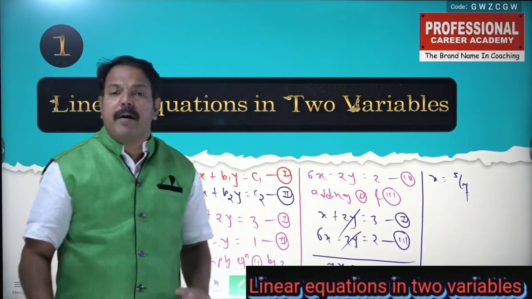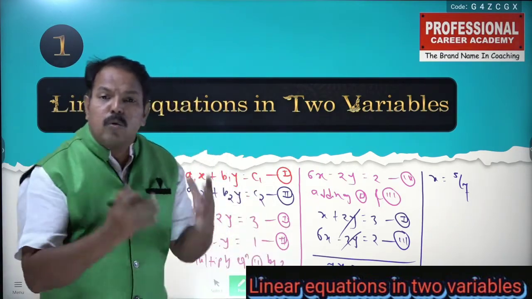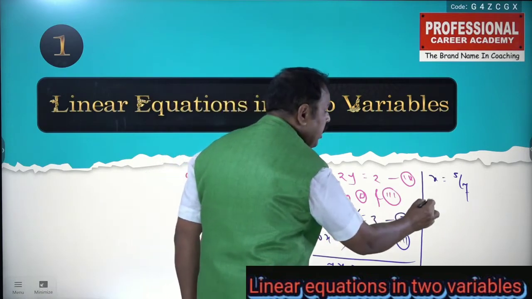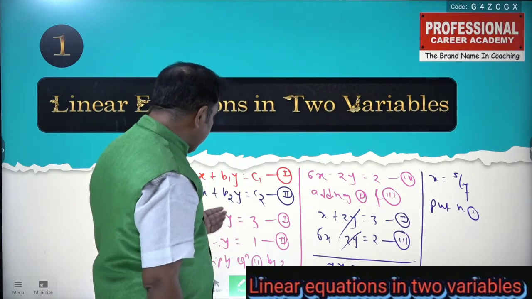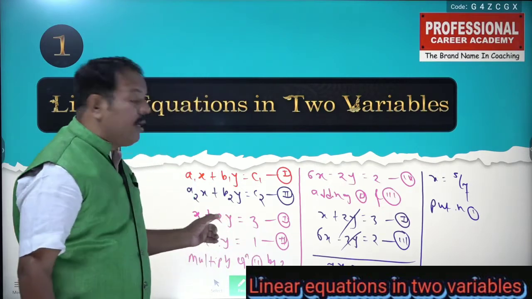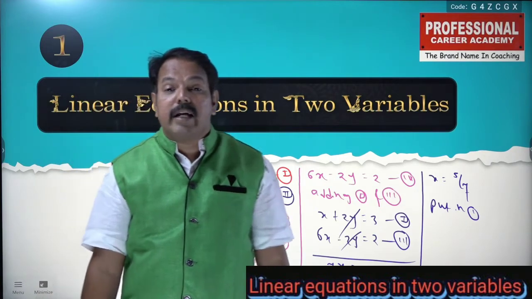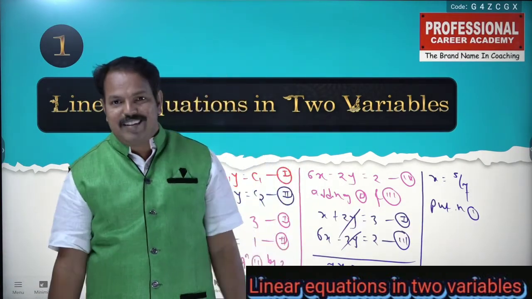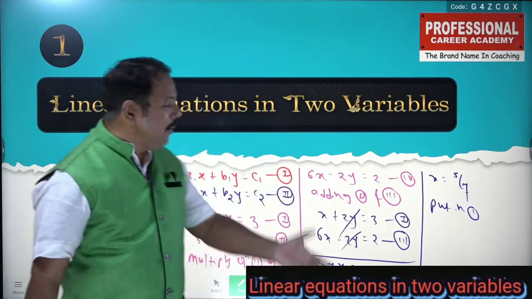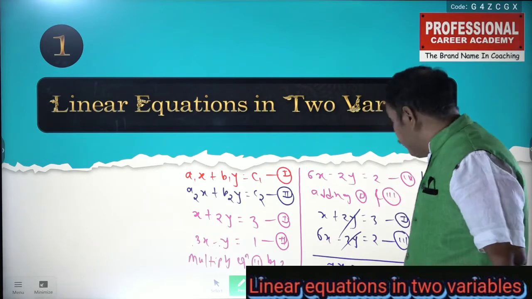Once you get the value of x, that is one of the variables, put this value in either equation 1, 2 or 3. So here put it in equation number 1. If we put it in equation number 1, directly you will get the value of y. That is the method called the method of elimination or method of substitution. Have you got it? Now, depending upon that data, we are going to solve one of the activities in your textbook.